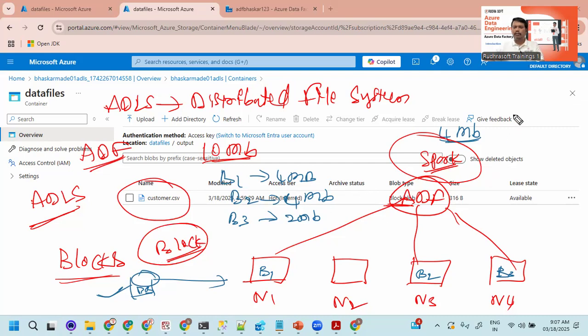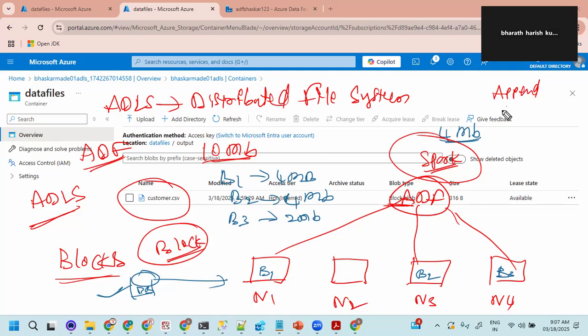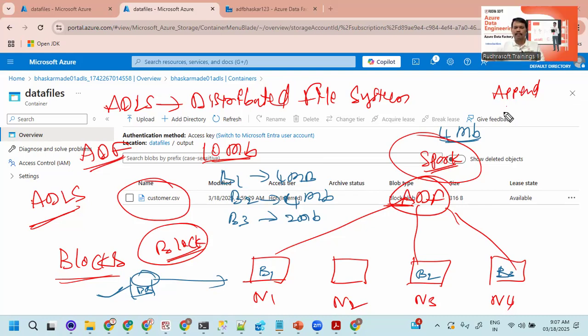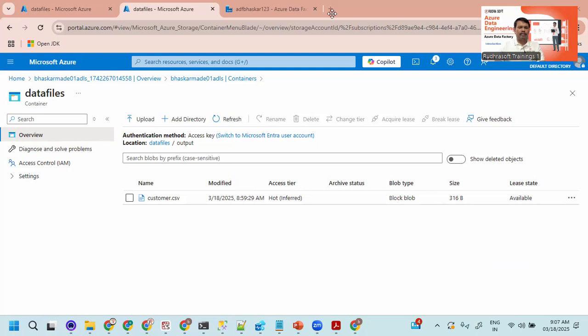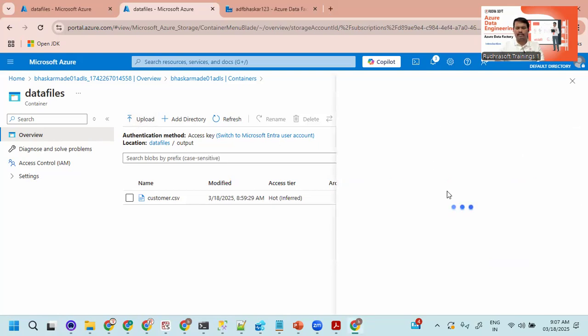Okay, so there are other blob types also, like append block or something. Append is there, and no, not mesh. There is one more. I think I forgot about it. So different block types are there. Let me show you here itself. When I upload the file, you can see that